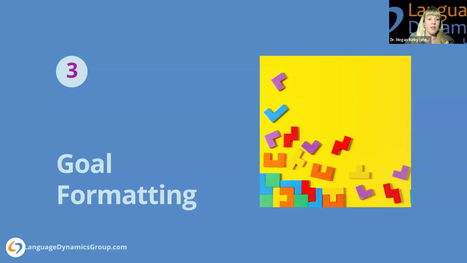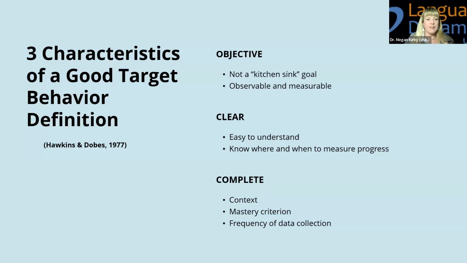All right. Goal formatting. So I'm going to present some goals soon, and I want to make sure that you know why they're written the way they're written. We want to make sure our goals are objective. They have to be measurable, right? If we're able to observe it in some way and count it, I'm a behavior analyst. We love this stuff. But if you can observe it in some way and count it with your own eyes,